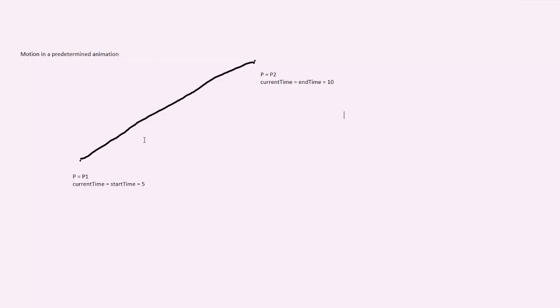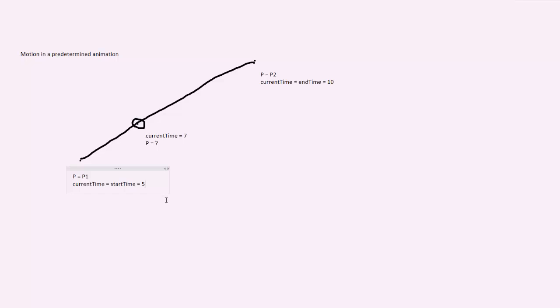So we can imagine that we have somewhere here current time equals 7. So P equals what at this time, at this point? We imagine that it would be positioned somewhere around here, basically 2/5 of the way from P1 to P2. But we need a way to calculate this for any given time, any given current time. So the first thing that we want to do is to basically be able to set up some kind of parameter which we want to be